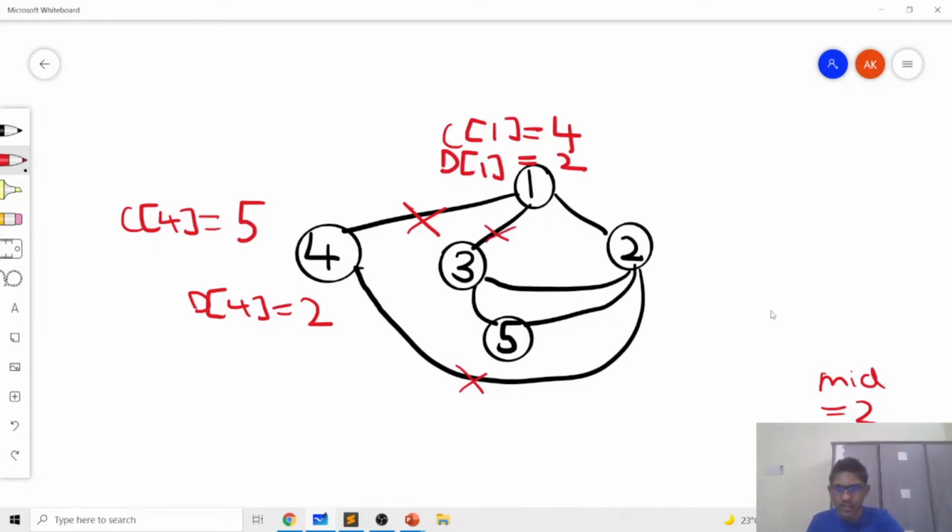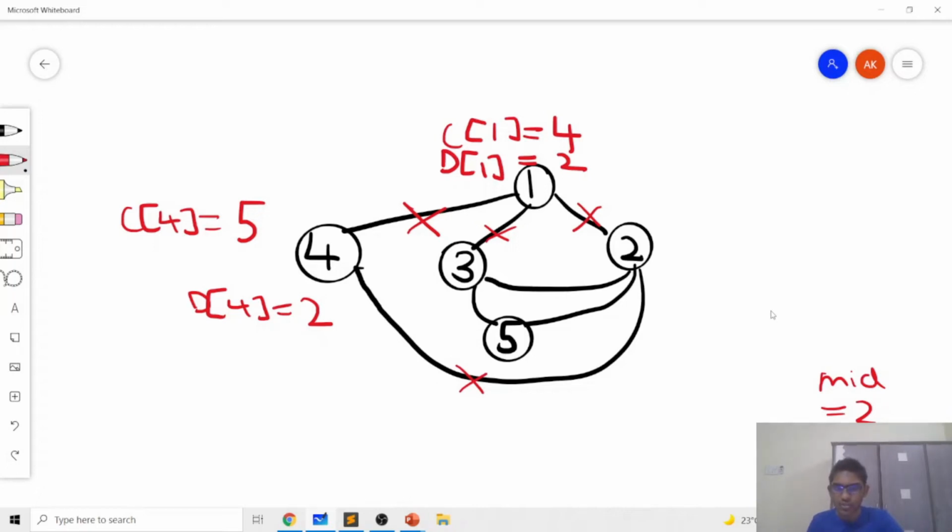Then we decrease the neighbors of 2 and 3. So let's say we took, I'm just going in a random order over here. Obviously, the algorithm will go in a breadth first search manner, so it will actually explore the node 2 after this, but I'm just going in a random order. So after this, let's say we take node 3.